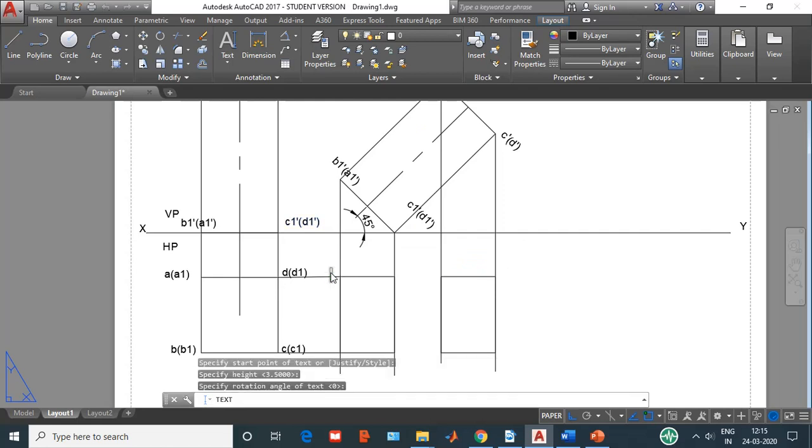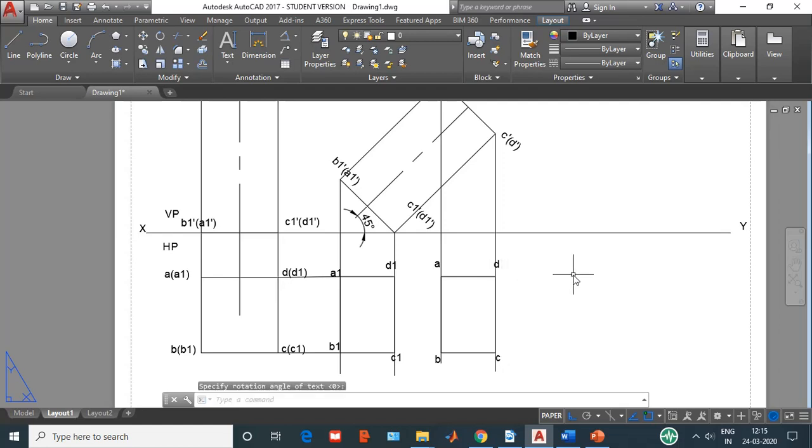So I'll start from this side. This is A1, because this is the bottom face. So this is A1, B1, C1, D1. A1, this is B1, this is C1, and this is D1. Then this is the top face now. So this is A, this is B, this is C, and this is D.